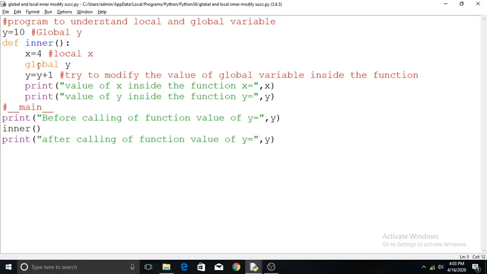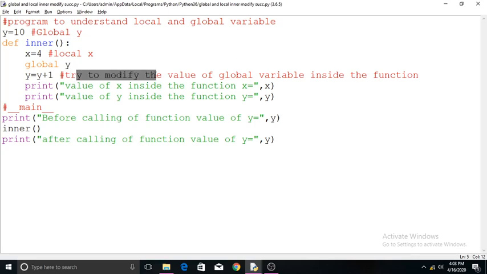That means the y I am using after this statement is always treated as a global y. It is not treated as a local y. Now we cannot make a local variable after this statement inside this function.